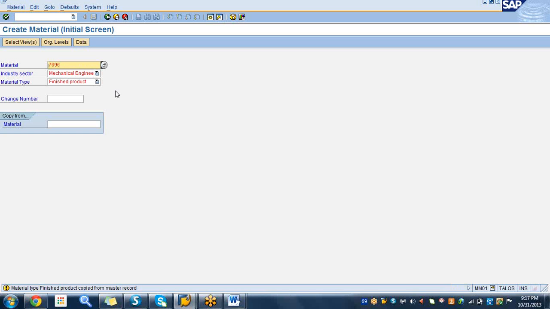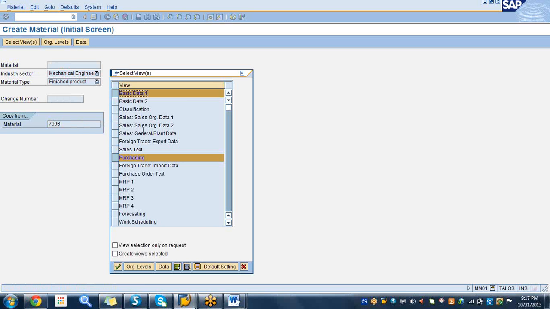Now you remove that number 70 because that's not the number I want. I want to copy from that number. So take that number and type it at the copy from field. No, that's not the copy from. You need to leave that field, come down. You see another field, copy from material. So you are going to copy from a material which is already there, 7096. And you can give a name to the material. Okay, no problem. That's fine. You click on select all